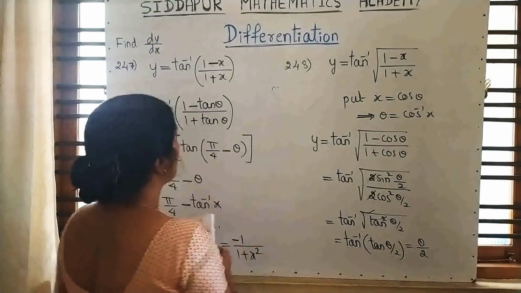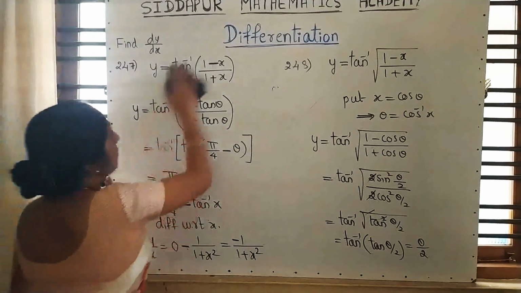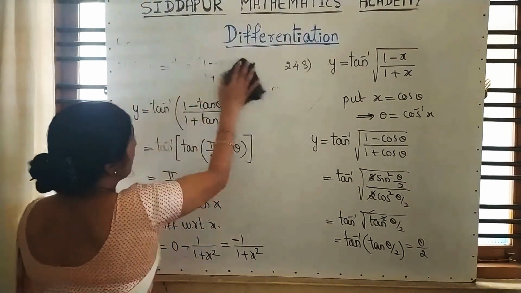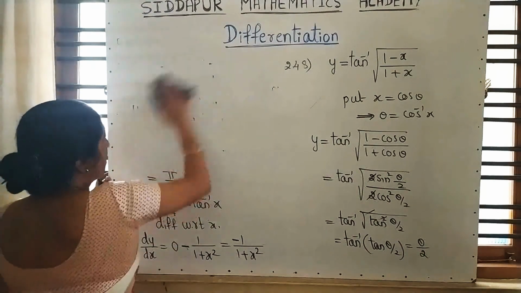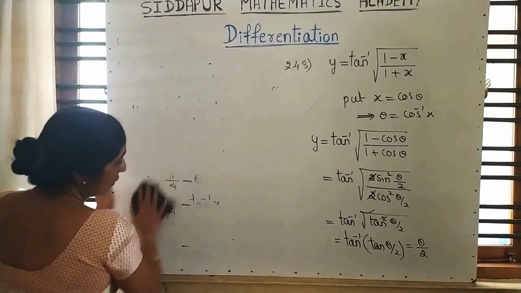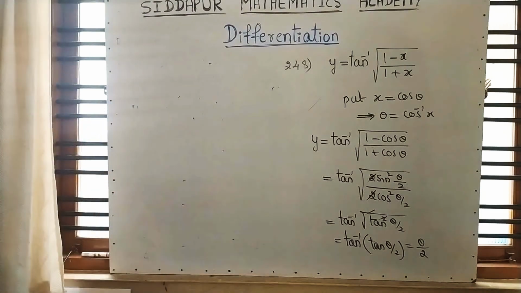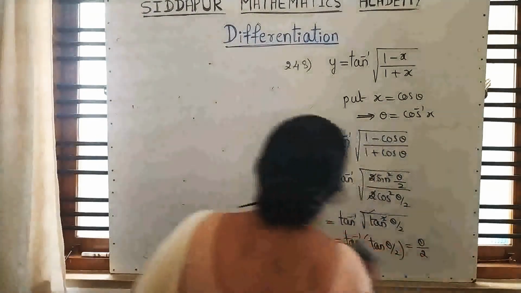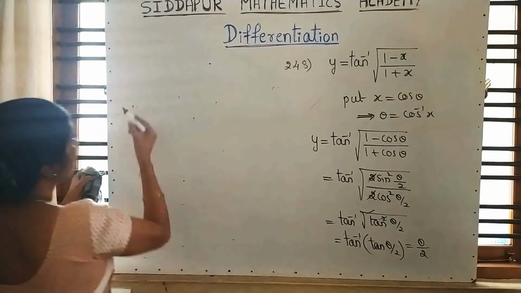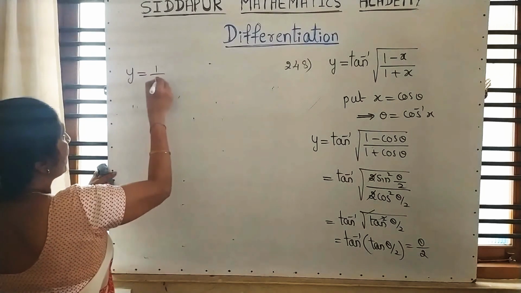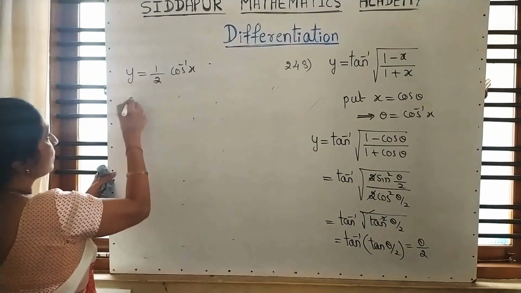And students, please in your book, on any one side, make a note of what the substitution will be when we have to substitute. Please note that down. If it is without root or with root, what we have to substitute. That gives you the hint. Now write down what is theta. Theta is cos inverse x. y is equal to 1 by 2 theta as it is. Theta is cos inverse x. Now differentiate.